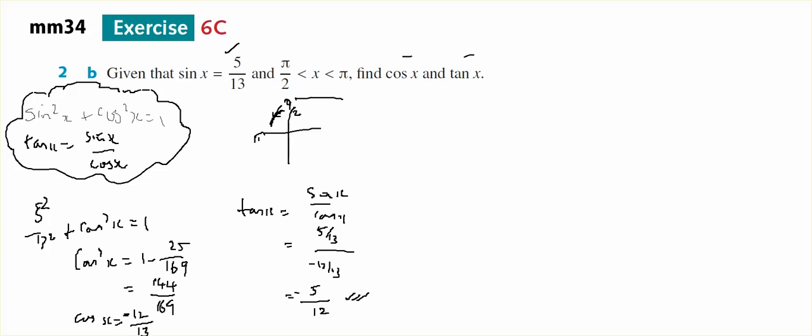The second method I'd like to show you is a graphical method. I know I'm in the second quadrant. X is measured away from the x-axis in the second quadrant. I know that the sine of x is 5 on 13, so that's 5 and that's 13, because sine is opposite over hypotenuse. Now using Pythagoras' theorem, if I call this a, then a squared plus 5 squared equals 13 squared,